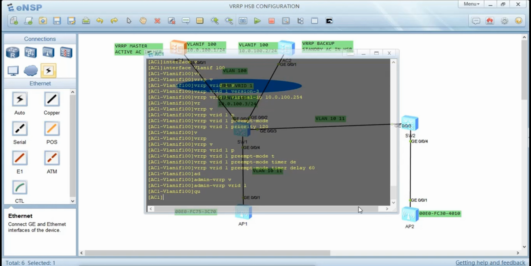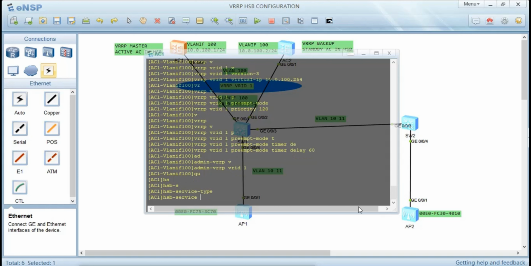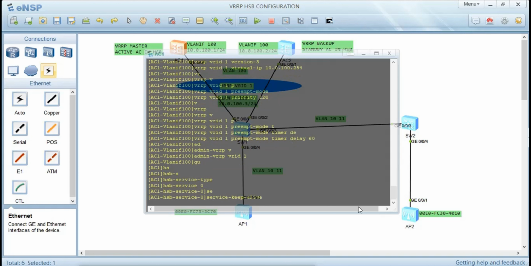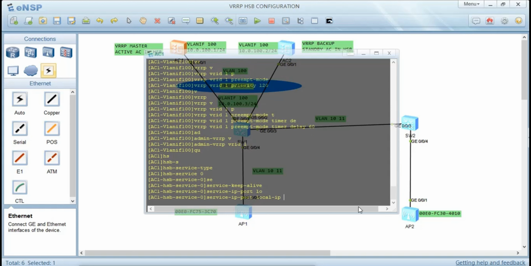HSB link, that is the hot standby, to enable services on AC1 to be synchronized on AC2 seamlessly. So we're going to create the HSB service, HSB service 0. The HSB service 0, I want to create service IP port, local IP address we said was 10.0.100.1. Then the peer IP port will be for the AC2, that is